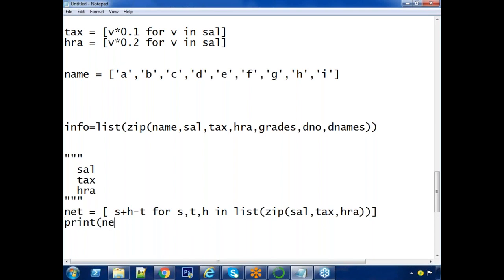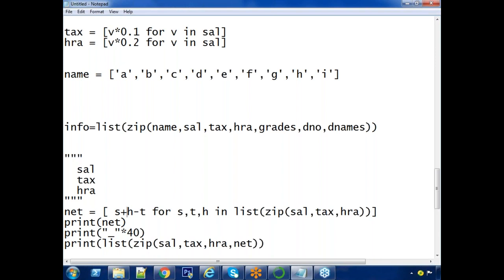Print net. Okay. And also test with this. Just one line I am printing here. Print list of zip of salary, tax, HRA, and net also I am including into this one.